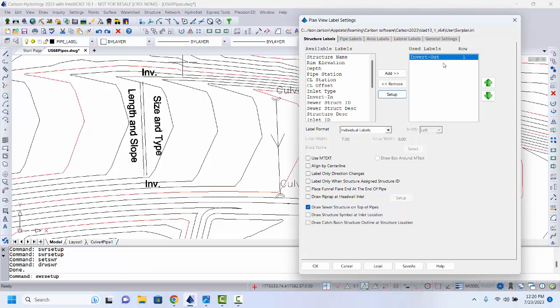And that invert out refers to the invert elevation as if it was a manhole that might have a different in and out. A culvert pipe has only one invert elevation, which is the out elevation. And then go to